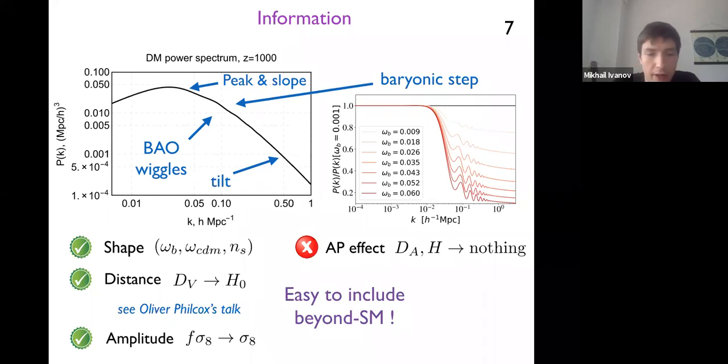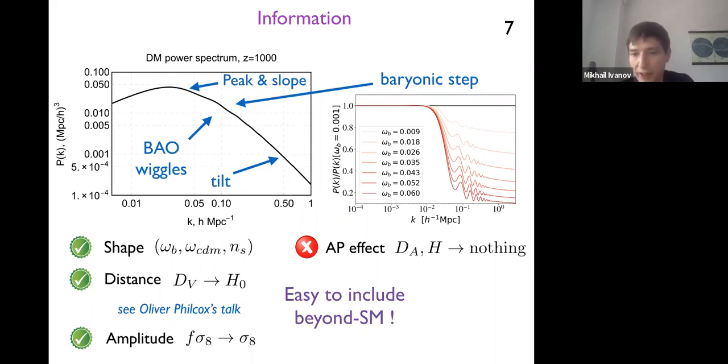So you can get the distance measurement. In general, it is sensitive to the so-called volume average distance D_V, but in lambda CDM it reduces just to H0. This is how you get to measure H0 from the galaxy power spectrum. And I think that Oliver is going to talk more about this. And then in lambda CDM, the amplitude of the power spectrum is characterized by the combination f sigma 8, because as I told you, only the velocity field is unbiased, and the velocity field is characterized by f sigma 8, but then f is a derived parameter, entirely fixed by H0 and omega matter in lambda CDM, such that you get to measure sigma 8 without f. And this you can convert into the primordial amplitude, having assumed a model like lambda CDM.